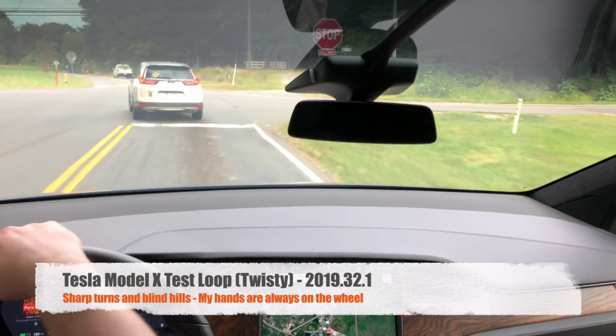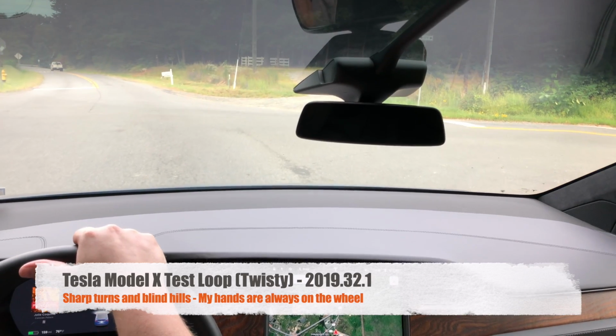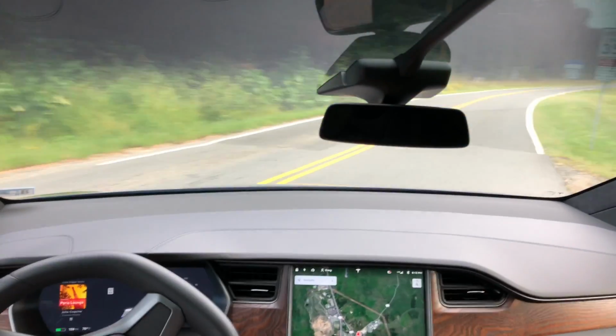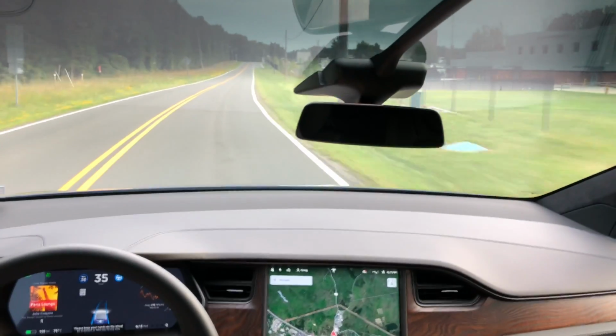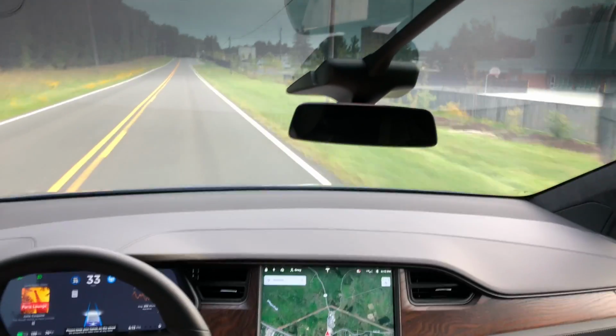Alright, this is video 2 of the test loop. This will specifically be Twisty, which is sharp turns and blind hills. This road is going to be taken at different speeds. In fact, you'll see me speeding it up or slowing it down to give Autopilot the benefit of the doubt